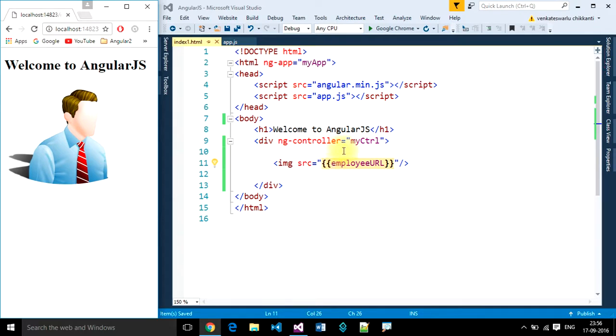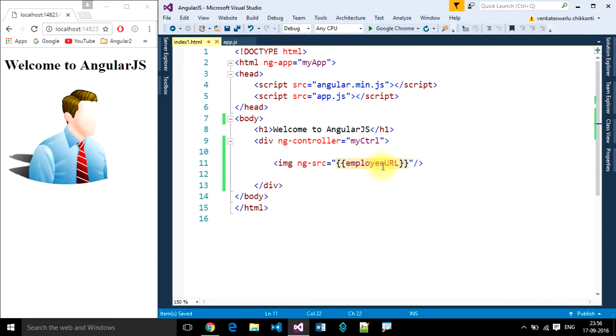In our case, dynamic AngularJS data is working for src also, because it's a single page application having only one div element. It's very fast, so it is able to get the URL. But in real-time applications, it's hard to get the URL before the image tag is rendered. So it's better to use ng-src.